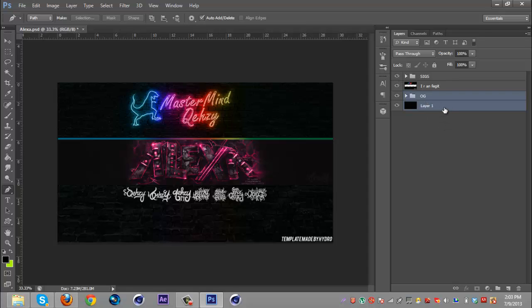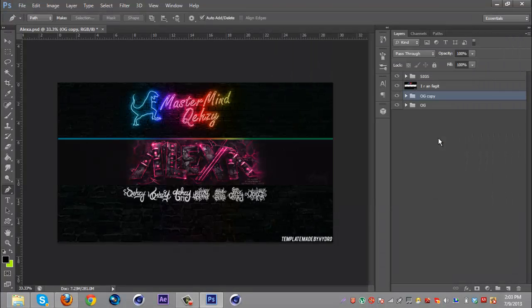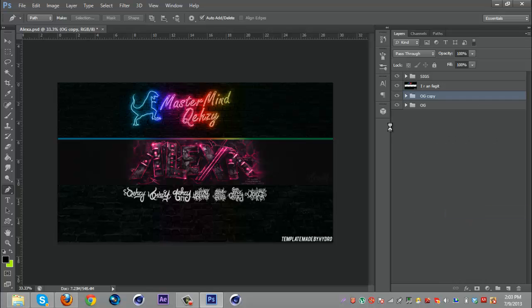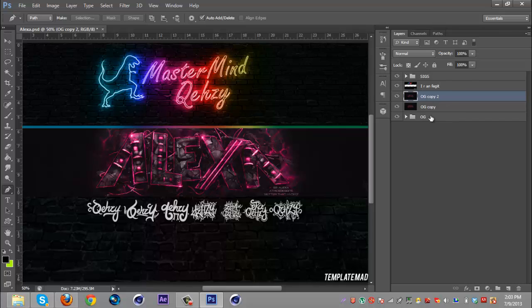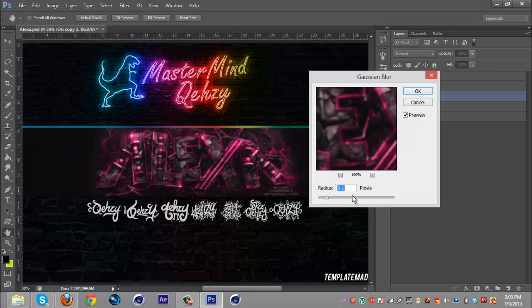just put everything into a group, including the background part here. Alright, put everything into a group. Duplicate it with Control J, and then just right click and merge group, and you're good like that. And once you do that, you're gonna duplicate the copy of the background, and you're gonna go to Filter, Blur, Gaussian Blur, and I go about 2 pixels, and